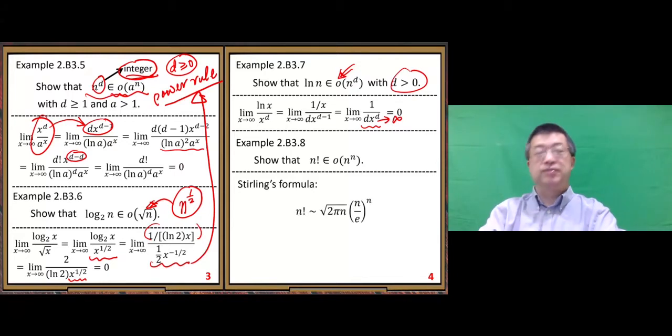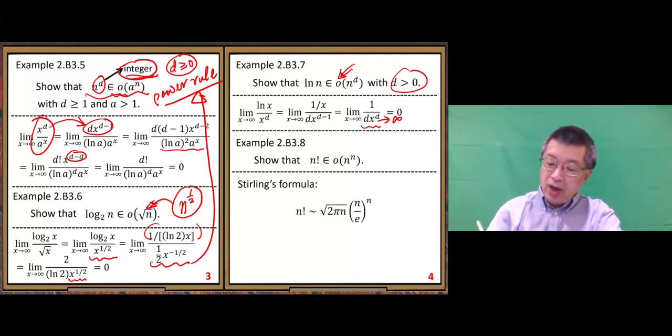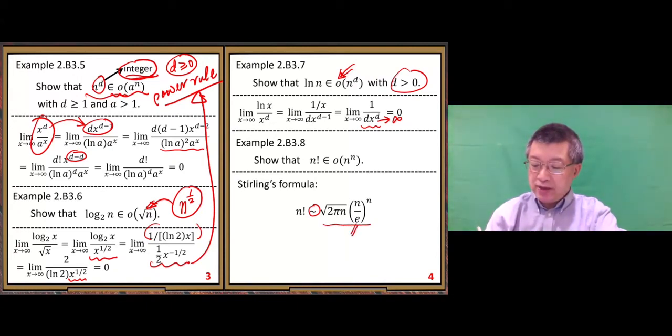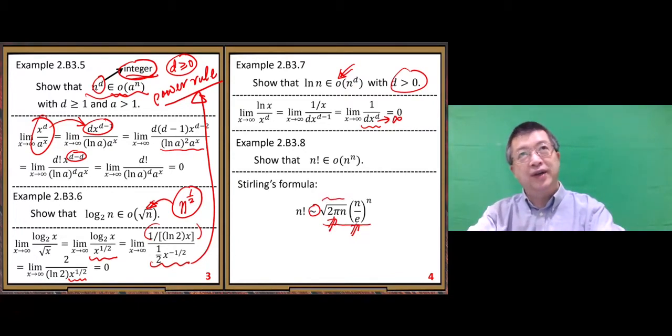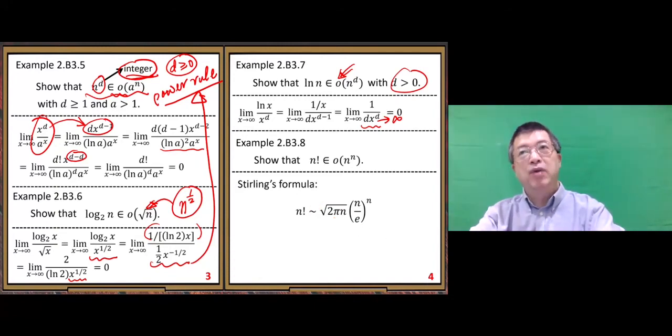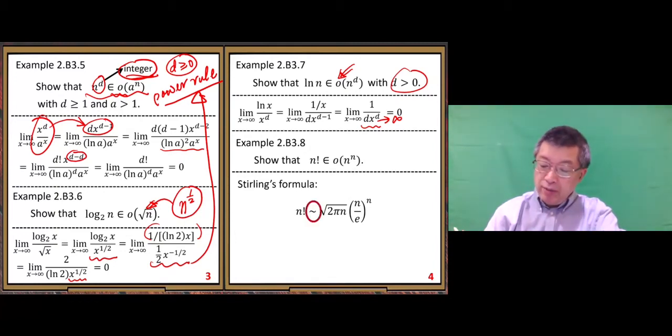It is this: n factorial is approximately equal to this complex expression, pretty complex. With e, the natural log base, and here you can see we use the natural log base. We use pi, and we also use a square root. See, pretty complicated, but it is a nice approximation of n factorial. Otherwise, it is very hard to approximate n factorial. All right, but the problem here is this